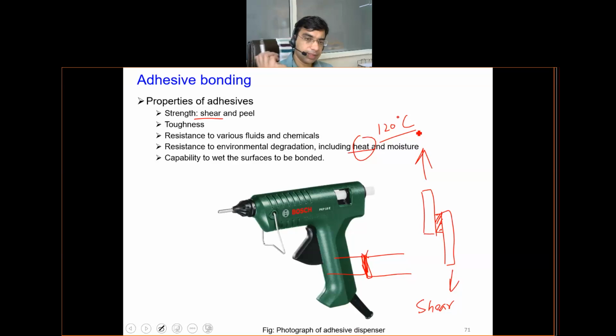This is also an adhesive dispenser or a glue gun used in industries. Nowadays, many art and craft people also use it for joining different objects. So you have this cartridge of the glue here. As you press this, there is a heating coil inside which heats it up, and then you get the molten glue outside. This glue may not be thermoset, it is something different, but in industrial systems, typically it is a thermoset based system.